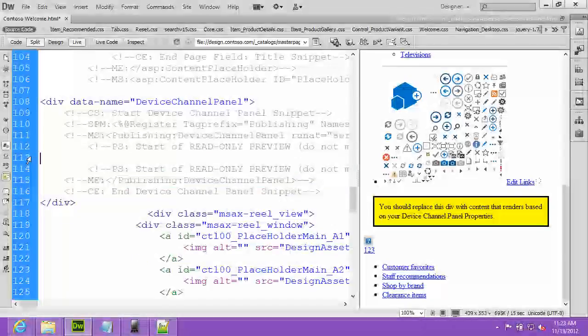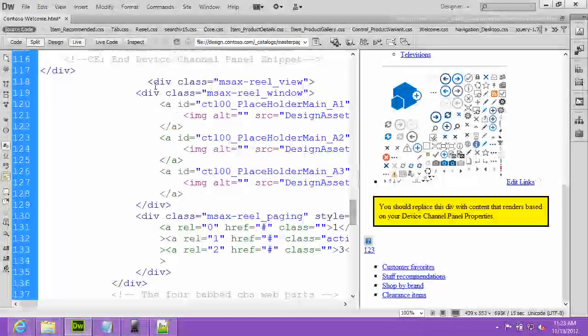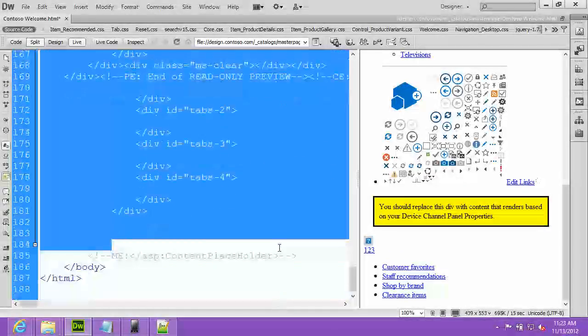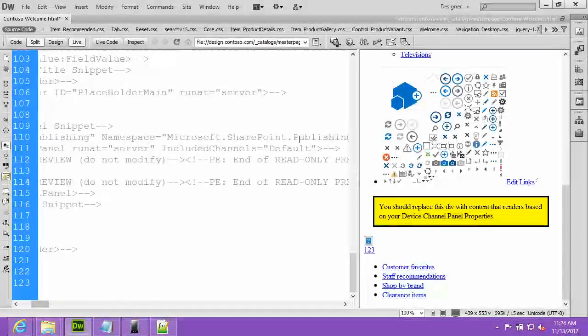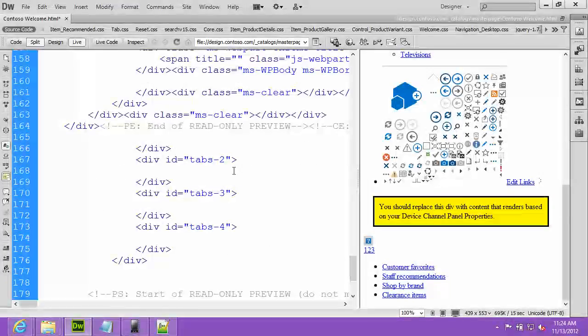that rotating banner. So I'm going to take this whole view, all of those tabs, and I'm going to cut that out of there and put it inside that device channel panel. And one of the things to note with that device channel panel is the included channel's default. That's the alias of that default master, of that default channel. So when we paste that in and save it,